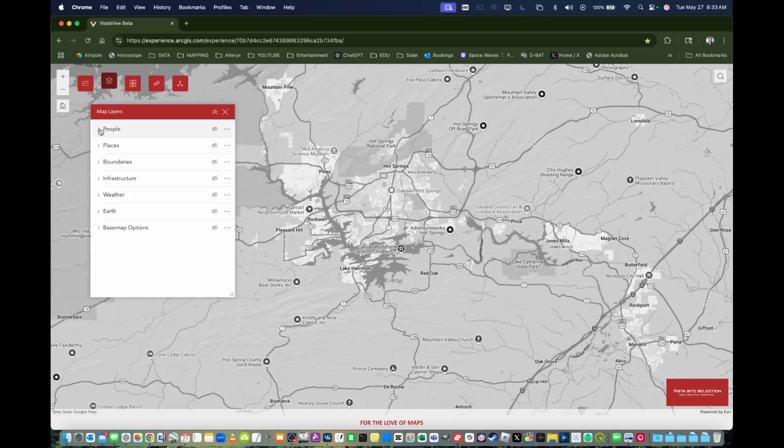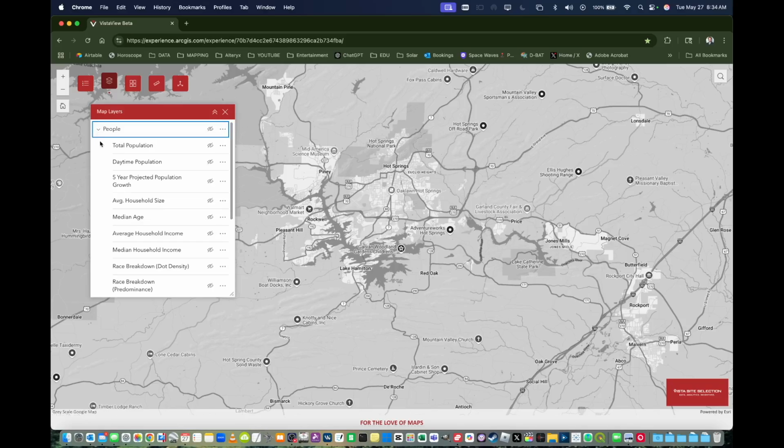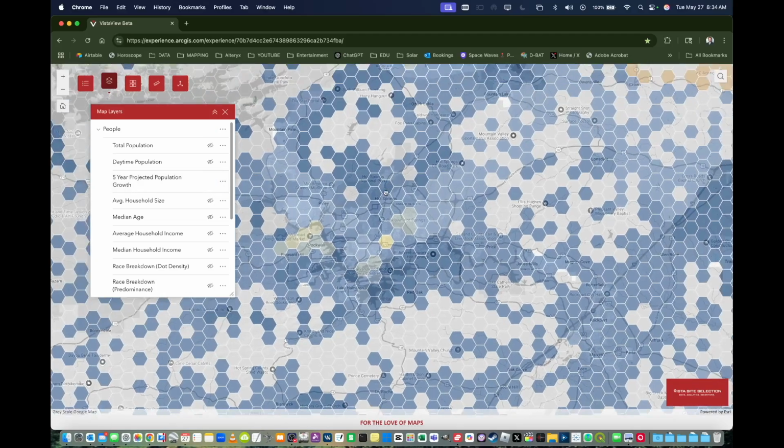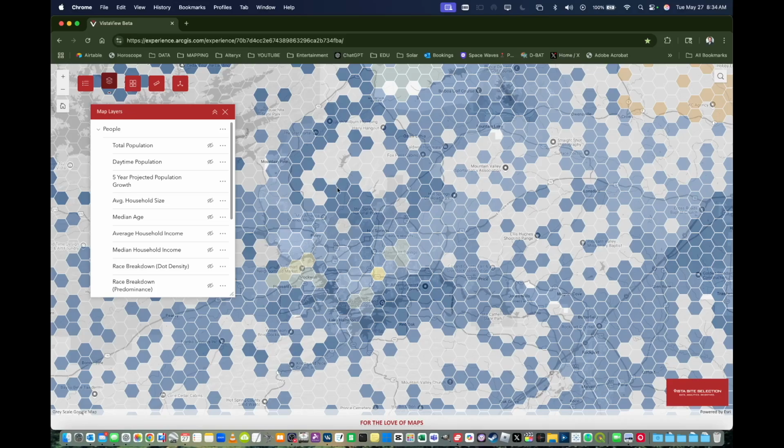But now we want to understand, what are the people like? So I'm going to go ahead and see this downward arrow, click to drop it down. You've got to turn on your people layer, and then let's just say we wanted to understand where their 5-year projected growth is, all within Hot Springs, Arkansas. Simply hit the visibility button,